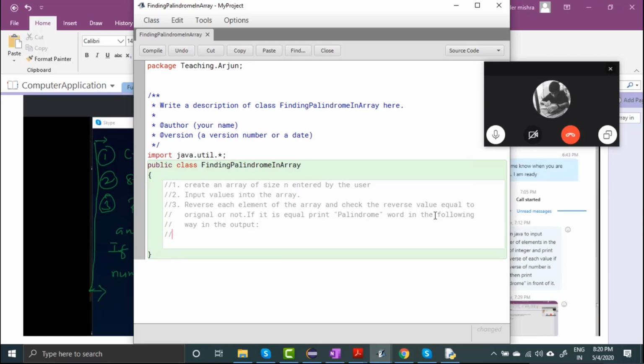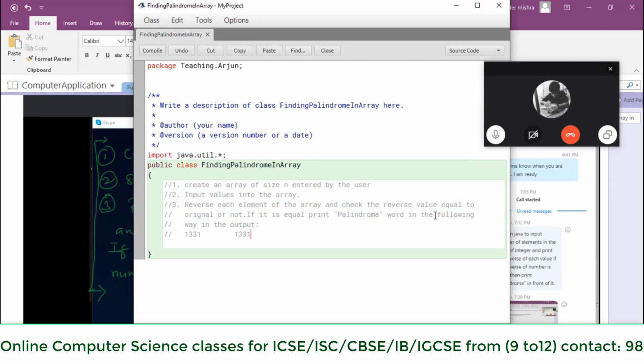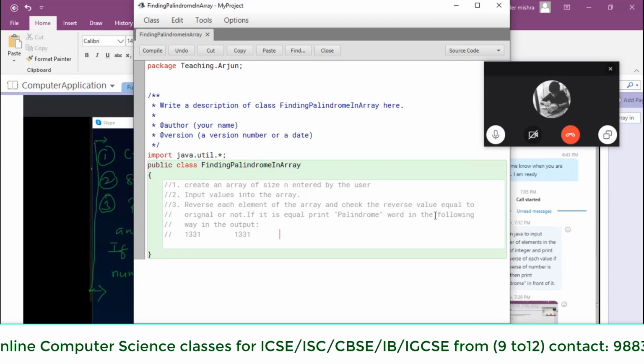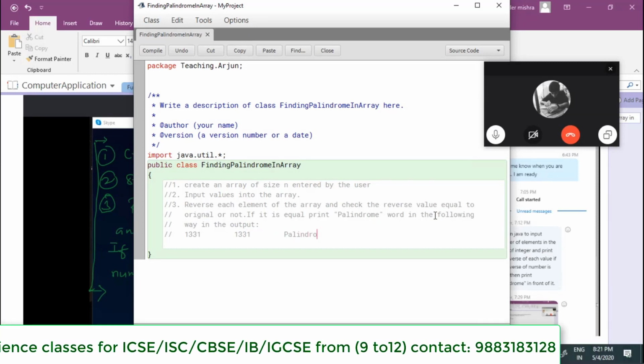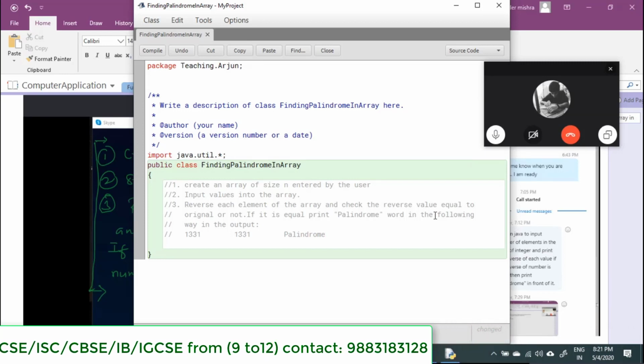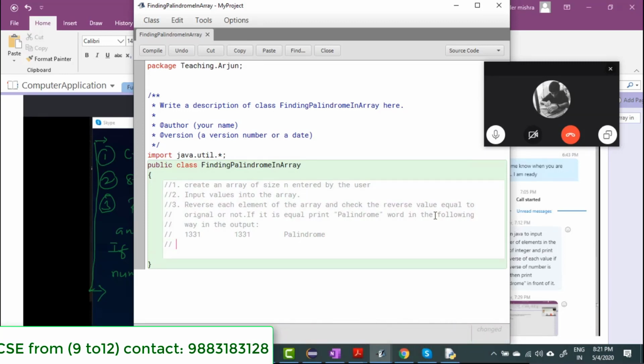So your output will look like this. Okay, first the original number. Say the original number is 1331, right? So the reverse will be, after 10 space, 1331. So both are same. So after 10 space you will print palindrome, right? Otherwise, what you will do?